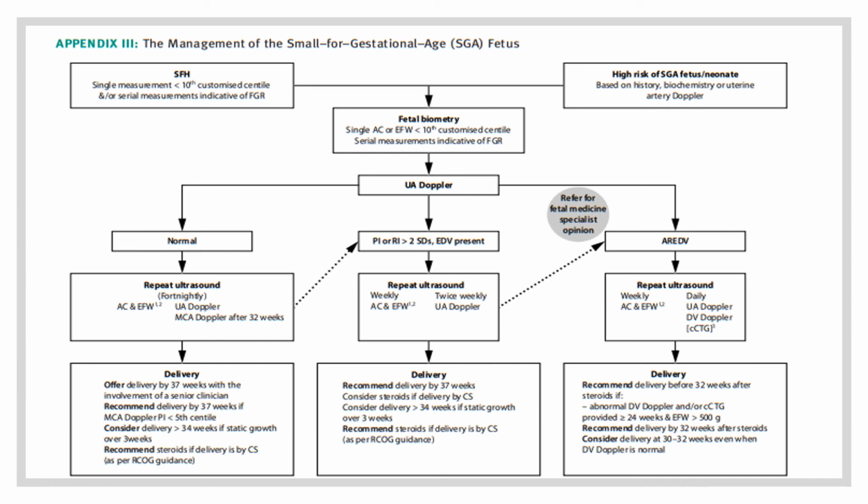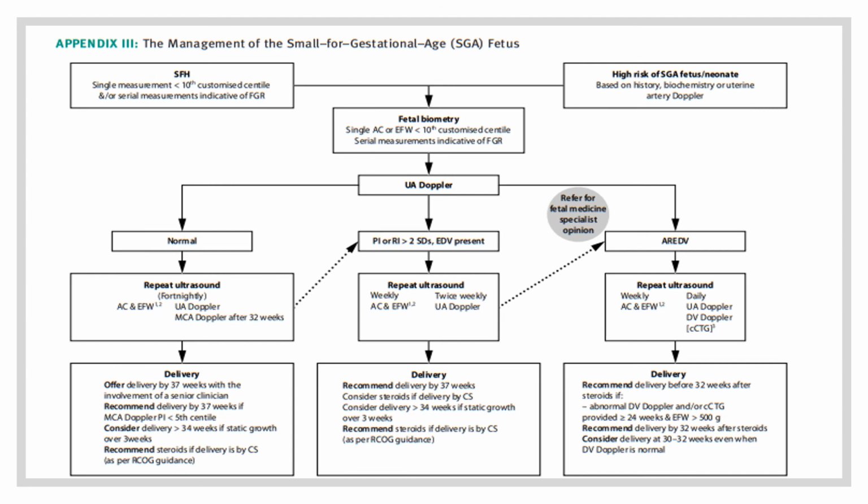Okay, so this is a chart which again summarizes what to do with a small for gestational age fetus. So if the symphysis fundal height picks up a measurement of less than the 10th centile, or there is high risk of SGA based on the history, then the woman should be referred for a scan. Now, if on the scan the abdominal circumference or estimated fetal weight is less than the 10th centile, then this confirms SGA. If uterine artery Doppler is normal, then repeat ultrasound should be done every 2 weeks, and it should